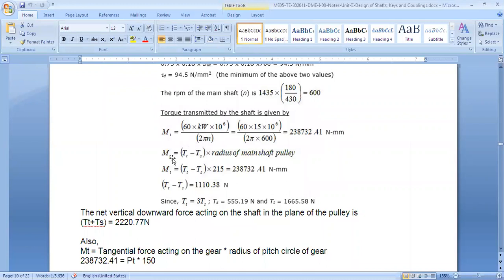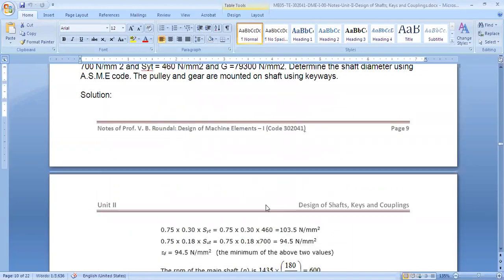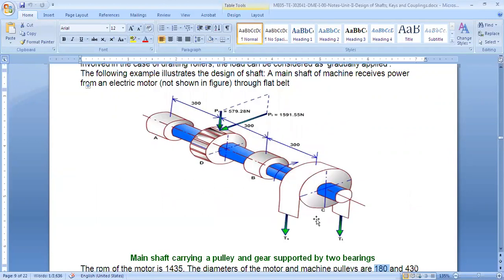First, we know the twisting moment, torque, at the pulley, and we know the tensions T1 and T2. For finding the bending moment, we need to find all the loads. We need to find T1 and T2 so that we can find the resultant load at C. We need to find the horizontal load and radial load at the spur gear. Then use the vertical loads in a vertical SFD and BMD, horizontal loads in a horizontal SFD and BMD, and then find the resultant. This is the procedure we are going to take.